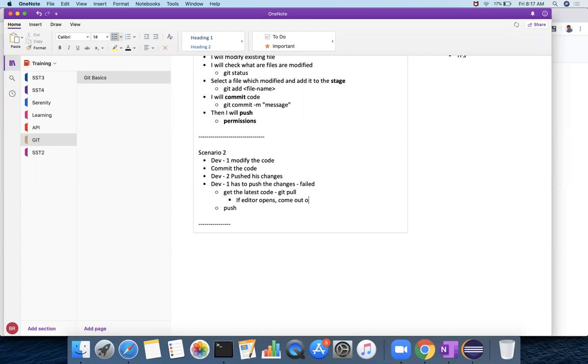How do you come out of the editor? By using escape first, then colon Q. Colon Q comes out of that, and then if you do git pull, you see the already up to date, then git push. So this is the second scenario you have.